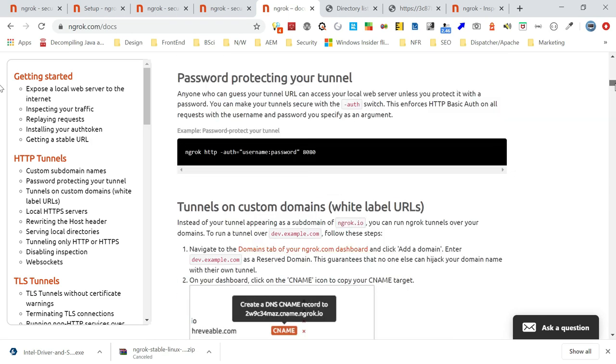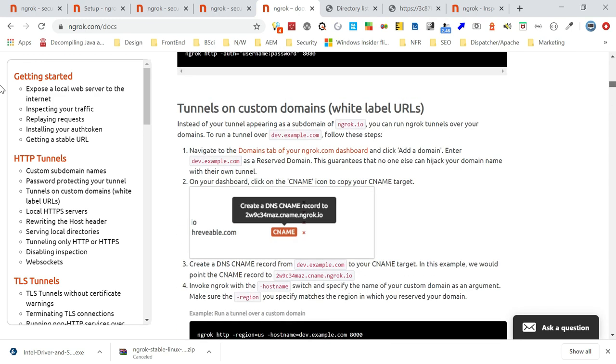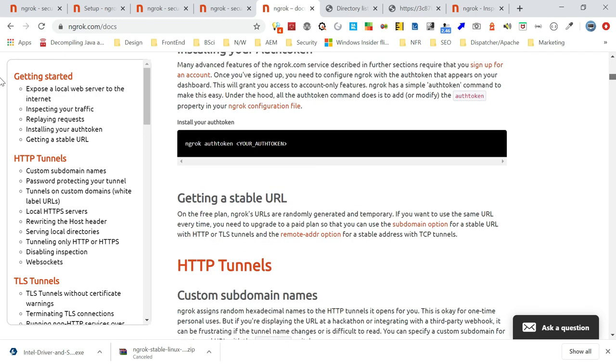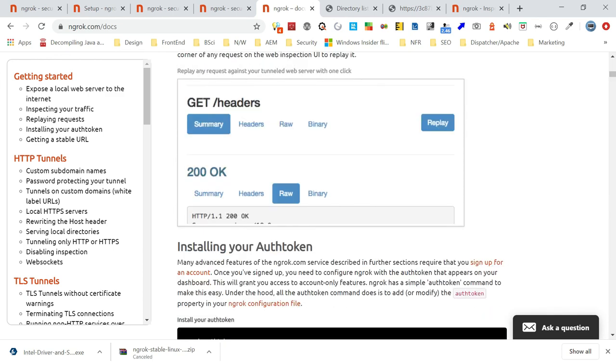Also, if it is a paid plan, you need to enable that auth token and all those things. Auth token should be enabled, but in my case it is a free plan, so no need. Also, if you want to enable basic authentication for your URL, the ngrok subdomain URL, you can do that.